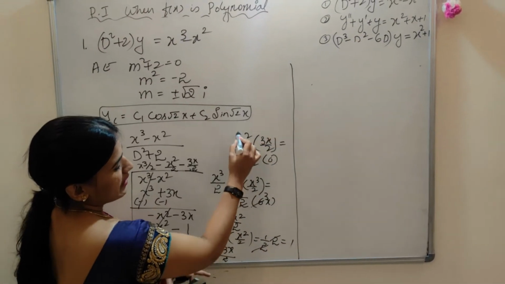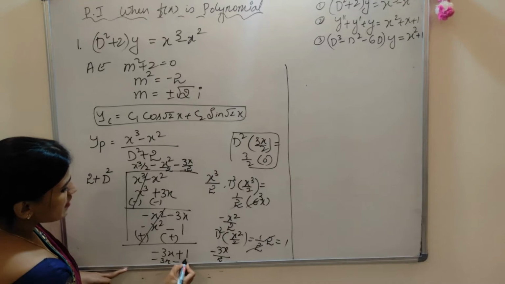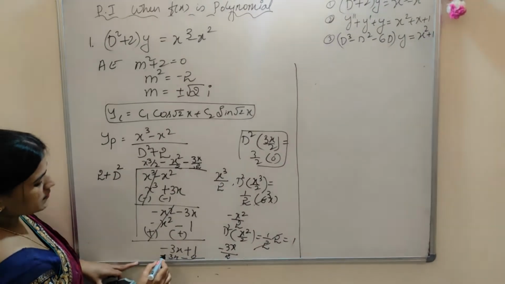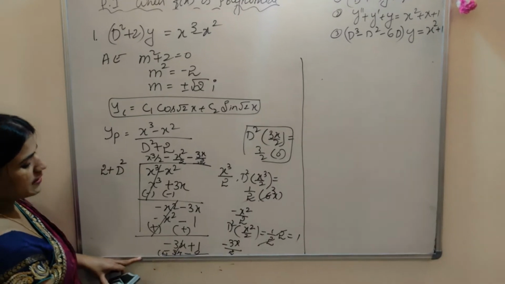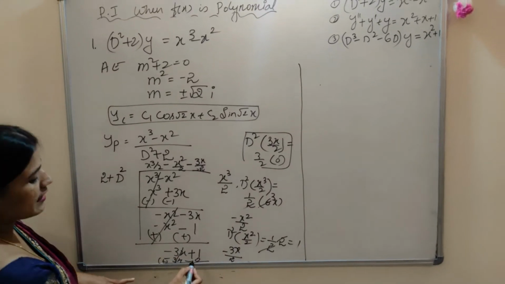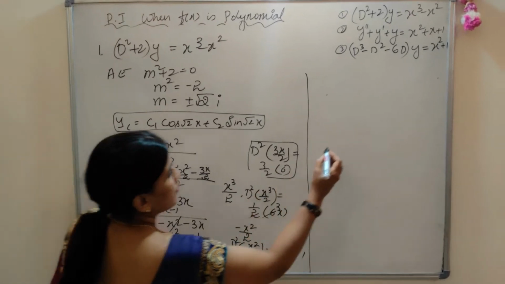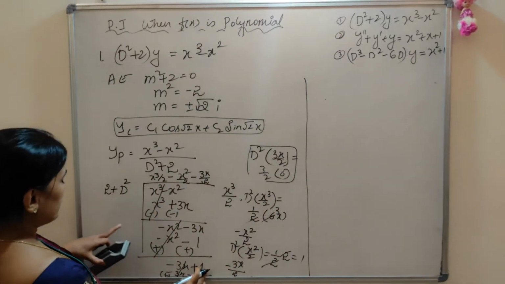That property is explained. So here you will get 0. Plus into minus, minus. Anyhow 0 is there, not a problem. So then change the sign: plus 3, minus 3x, and plus 3x get cancelled. But 1 is retained here. So you got 1.